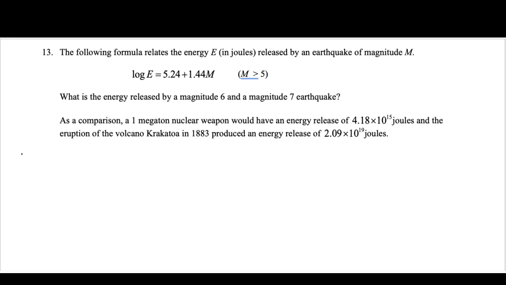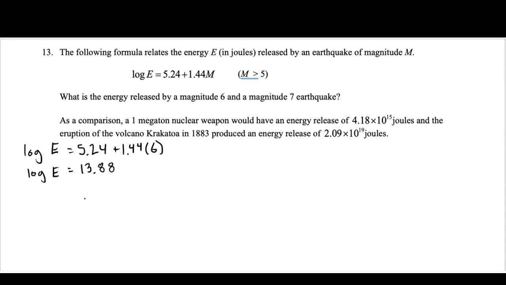So we've got the equation log E equals 5.24 plus 1.44. Magnitude 6 means we replace m with 6. We want to solve for E, which is the amount of energy. If you take 1.44 and multiply it by 6 and then add that to 5.24, you get